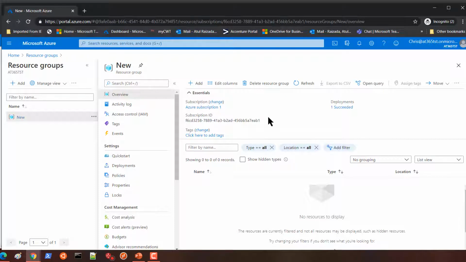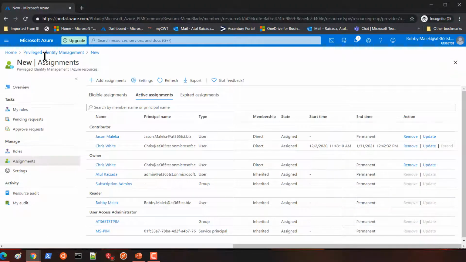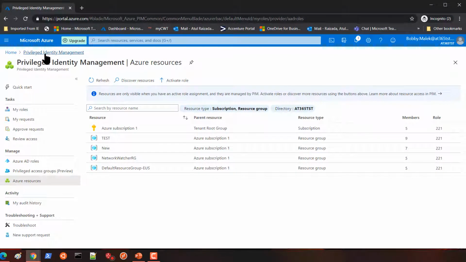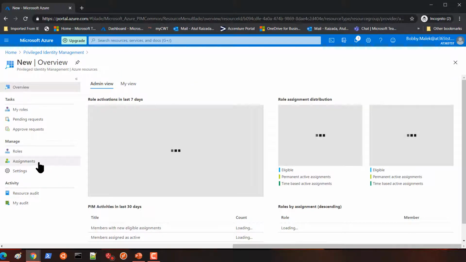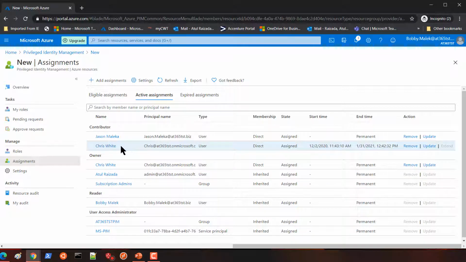So let's just change it for the time being and see what happens if we change it from active to eligible on that resource. So let me do that quickly. What I want to do here is go back in as Bobby, because I'm a PIM administrator, and I can change that option for Chris. So I can go to Azure resources here, which was a resource new, which is where we gave the rights or assigned the role, and we can look into the active assignments here, and you see here Chris White has